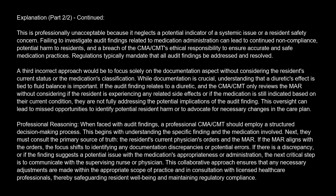A third incorrect approach would be to focus solely on the documentation aspect without considering the resident's current status or the medication's classification. While documentation is crucial, understanding that a diuretic's effect is tied to fluid balance is important. If the audit finding relates to a diuretic, and the CMA/CMT only reviews the MAR without considering if the resident is experiencing any related side effects, or if the medication is still indicated based on their current condition, they are not fully addressing the potential implications of the audit finding. This oversight can lead to missed opportunities to identify potential resident harm or to advocate for necessary changes in the